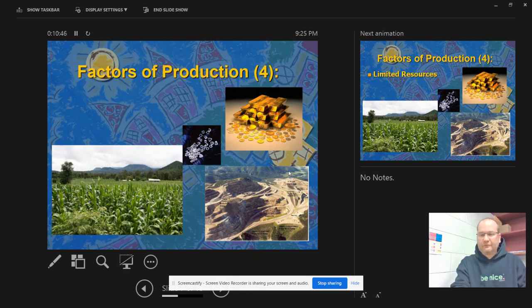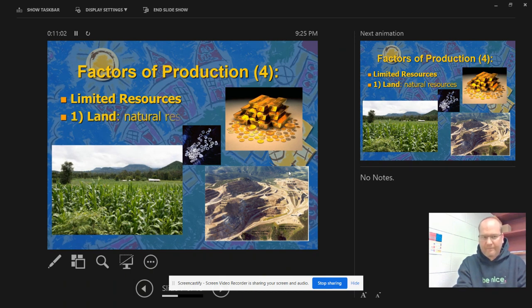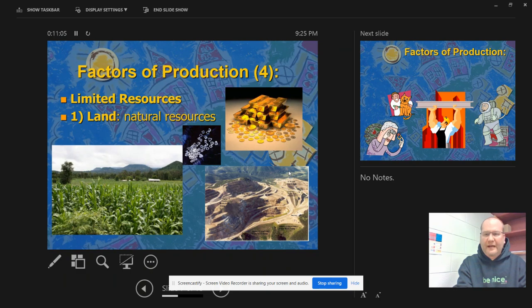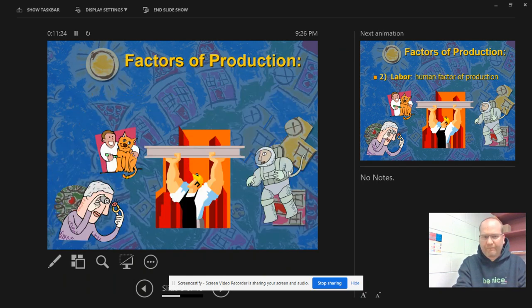Now, to produce stuff, there are these four factors of production, and we've got to know what those four things are. So these are four things that go into producing a product or a service. And remember, we have limited resources. We can't just make everything. The first factor of production is land, like literally the earth, natural resources, farmland, timber, wood, certain minerals, oil, water, air. You might even consider as limited to an extent. So one, we've got to have land to produce things.